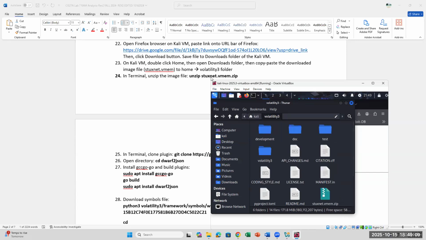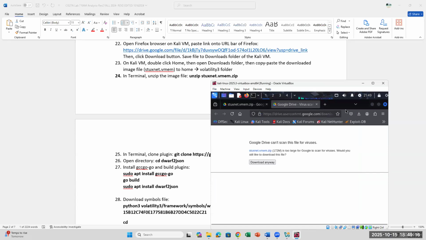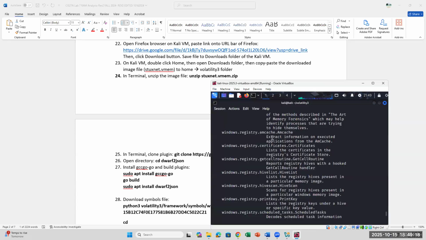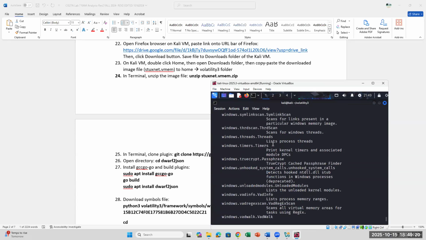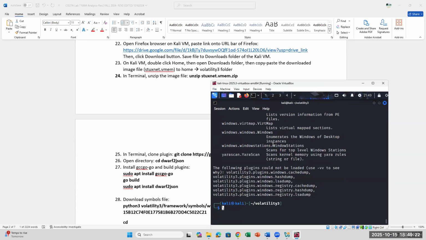You need to do step 23. Otherwise, you're going to run into problems extracting. So once I finish that, I close out my Windows here and come back to my terminal. And then I would need to do an unzip command. So make sure